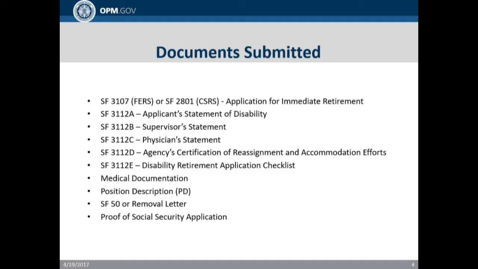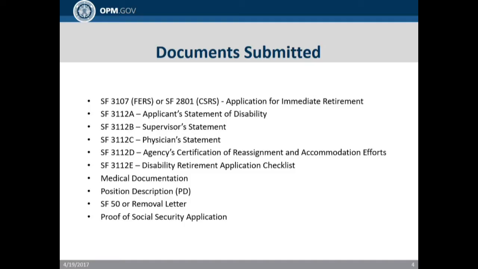Going over the list of documents that the disability package consists of. The first would be the SF 3107, which is submitted for FERS, or the SF 2801, which is submitted for CSRS, which is the application for immediate retirement. The next form would be the SF 3112A, which is the applicant's statement of disability. Then we have the SF 3112B, which is the supervisor statement.